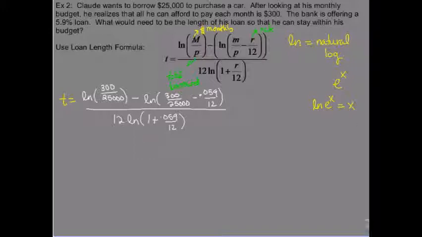You have to do all these divisions first. So 300 divided by 25,000, and then 0.059 divided by 12. And that's going to give me